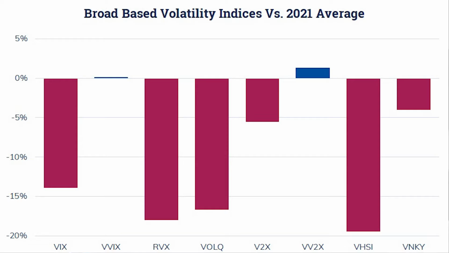On the cheap side, VHSI, the Hang Seng implied volatility, is very low. In the US, the Russell 2000 and the NASDAQ 100 volatility is very cheap. Now, I got a theory on why those two are relatively cheap, and it has to do with trades that I am consistently seeing in both complexes. Vertical spreads, both bearish and bullish, they're just showing up frequently for both the Russell 2000 and NASDAQ 100. So I'm going to give you a couple of examples of what I'm talking about.